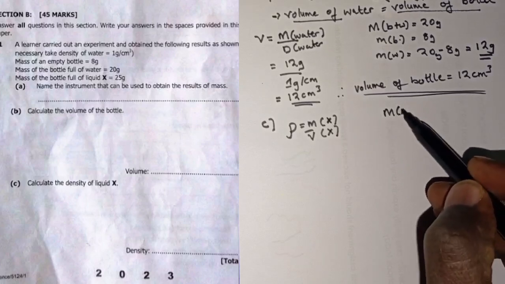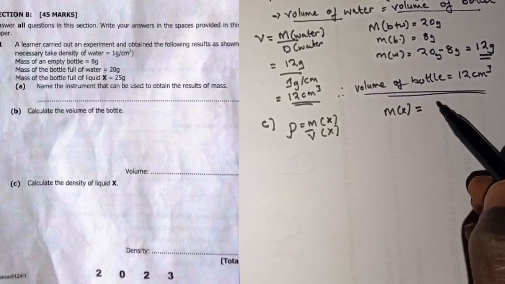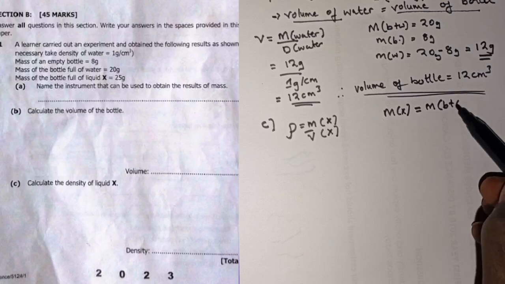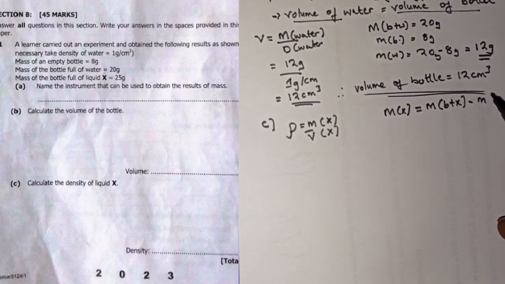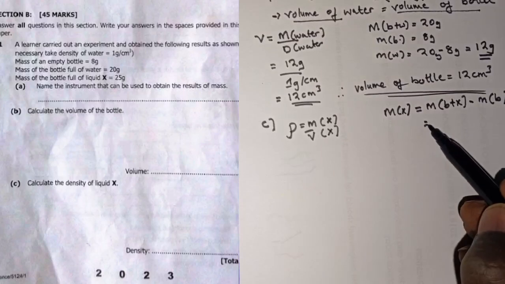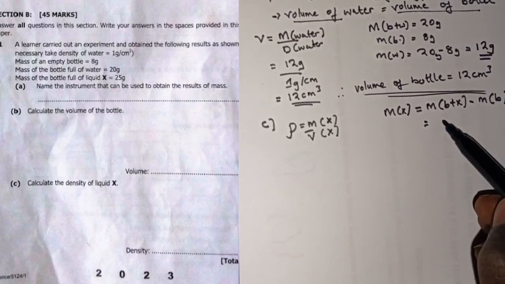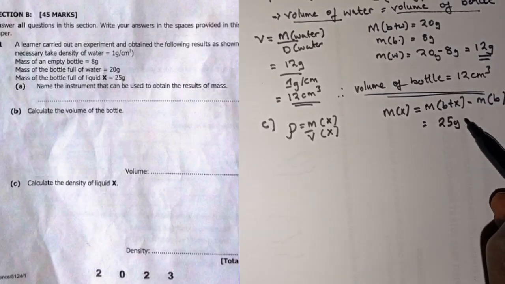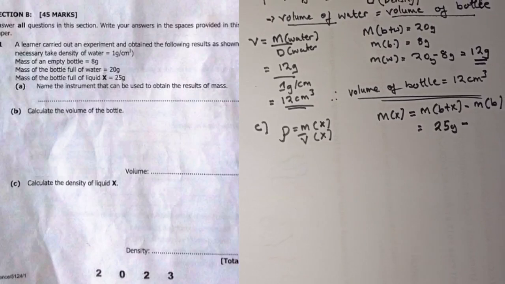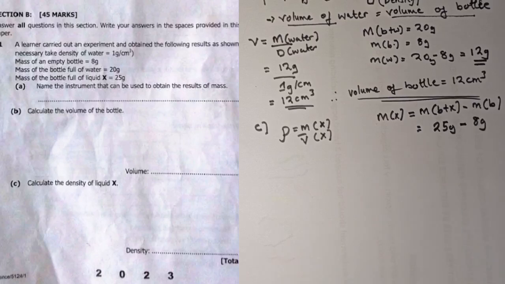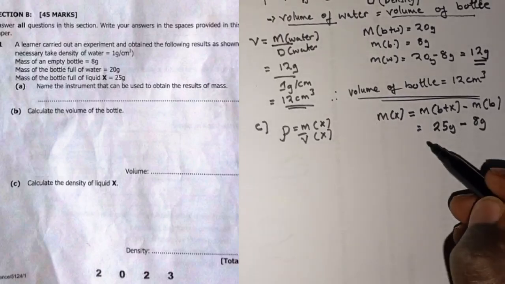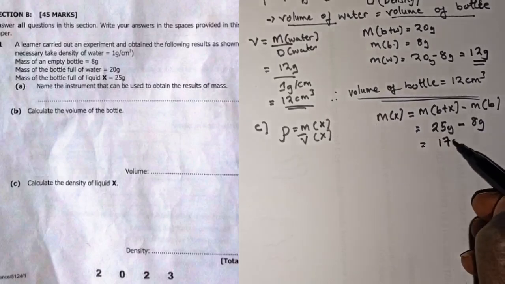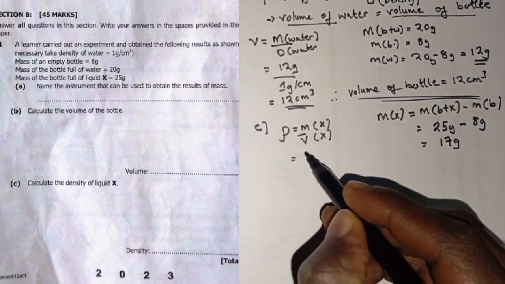So mass of liquid X is simply equal to mass of bottle plus liquid X minus mass of bottle alone. So mass of bottle plus liquid X, you can see there, mass of bottle full of liquid X is 25 grams. Okay, minus mass of empty bottle, which is 8. Okay, and what do we get? Here we get 17. That's the mass. So we're going to say 17